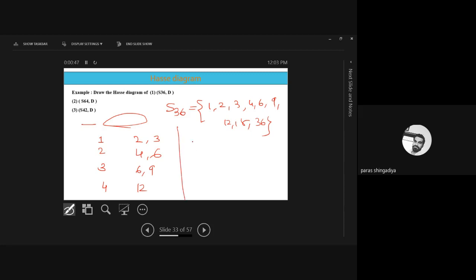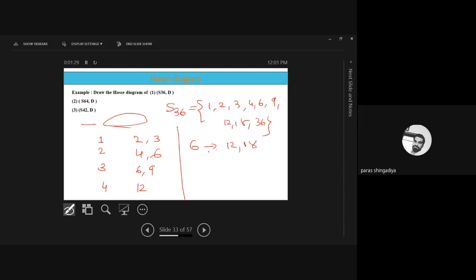Clear? Then for 6, which are the cover elements? 12, okay. And what about 18? 18 is also an answer. 4 divides 6 divides 12. 6 to 9 is not possible. After 9, 12 is there. So 6 divides 12 is there. Clear? And after 12, 18 is there. So 6 divides 18 is true. In between 6 and 18, no third entry exists which we can consider. If we take 9, 6 divides 9 is not true. And if we take 12, 6 divides 12 is true, but 12 divides 18 is not true. So clearly 18 is the answer.